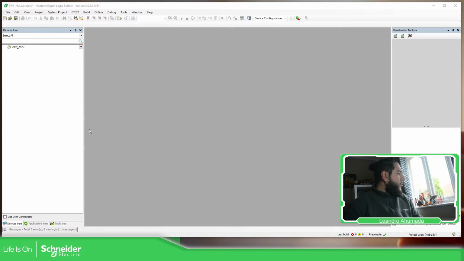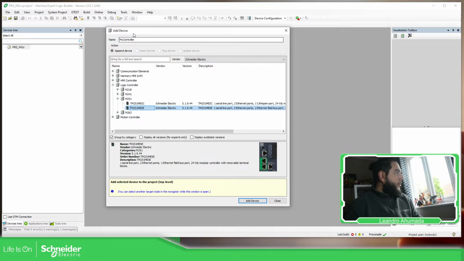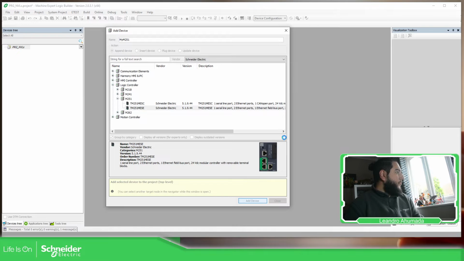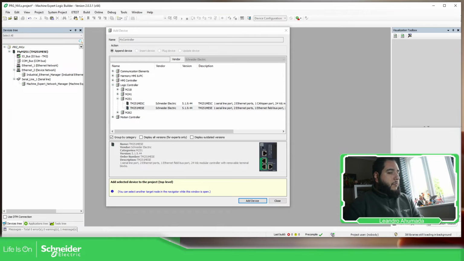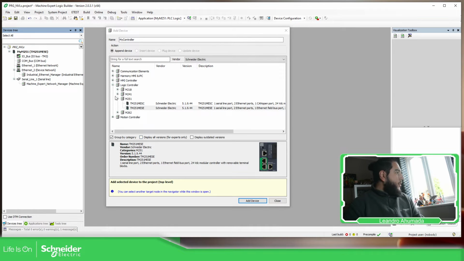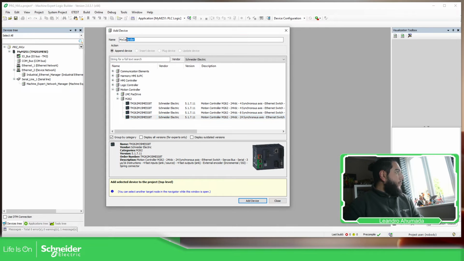So in my case, what I have is two PLCs. It's going to be the M251, this one, my M251, to change the name. And then I have a Modicon M262 along this. So let's wait for this to finish. Okay, build them. And now I'm going to add the Modicon M262, and if I'm not wrong, is this one,